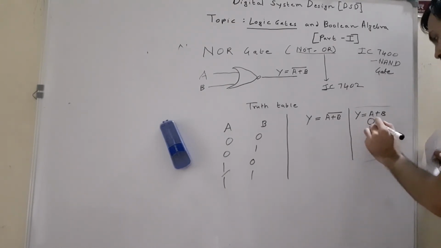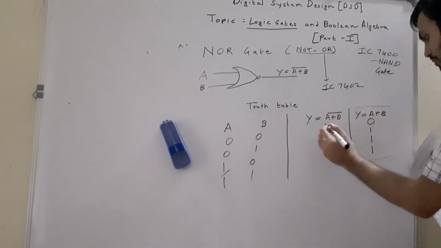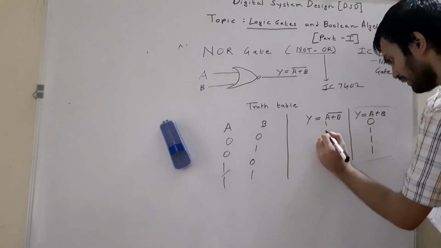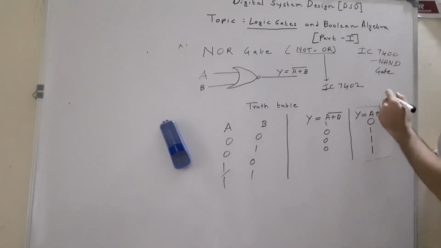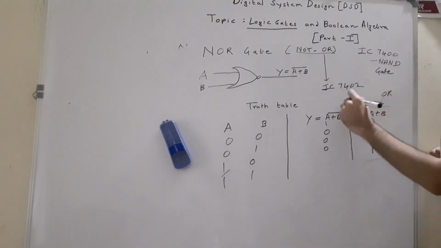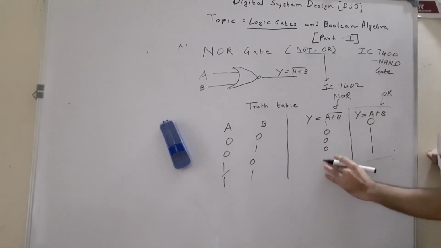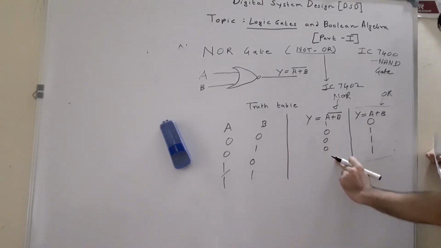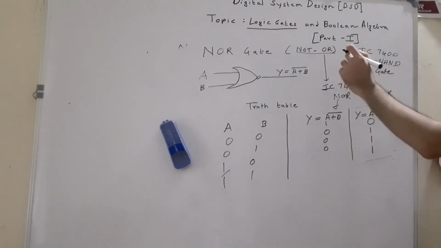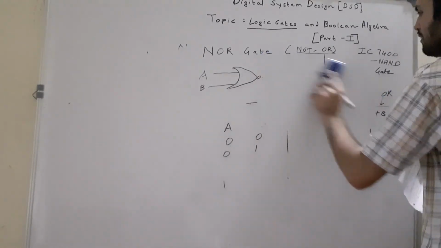So what is Y is equal to A plus B? 0, and this is A plus B complement. So here if it is 0, here it should be 1. Then again here it should be 0, 0, 0. So we can see from this, this is the OR gate truth table, and this is the NOR gate truth table. From the truth table it is clear that the OR gate's complement is nothing but the NOR gate, because wherever 0 is there, we have 1 at the output, and wherever 1s are there, we have 0s at the output of the NOR gate. That's the reason it is known as not OR gate. And this was the second type of universal gate.